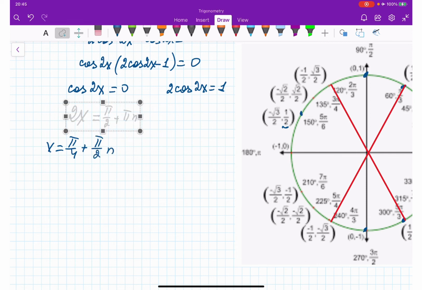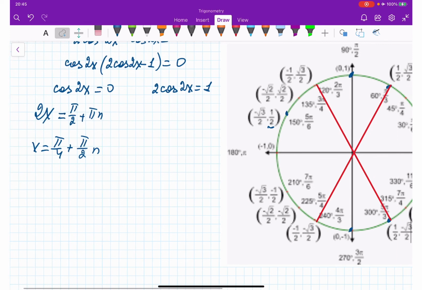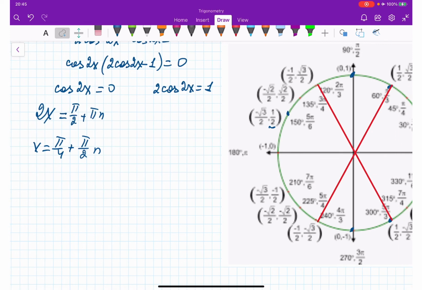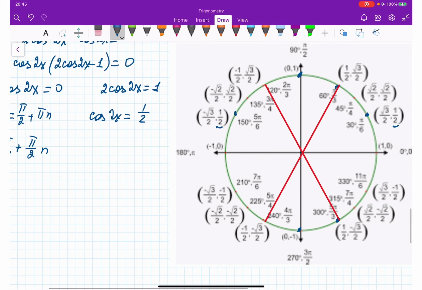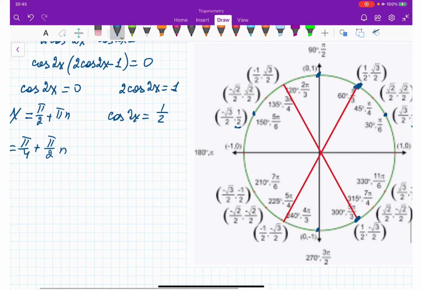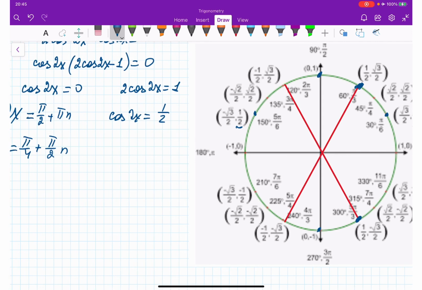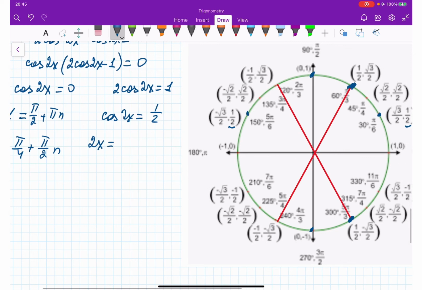Okay? Now let's take care of 2 cosine 2x is equal 1. And from here, cosine 2x is equal 1/2. Right? Where do we have cosine equal 1/2? We have it at this point, right? And we have it at this point, 5 pi over 3. Okay, so cosine 2x is equal 1/2. So 2x is equal pi over 3